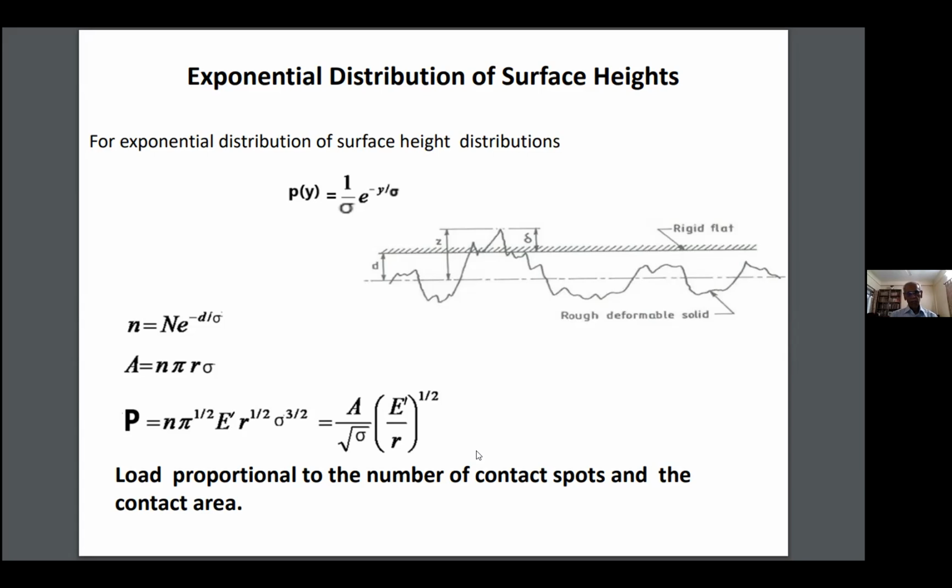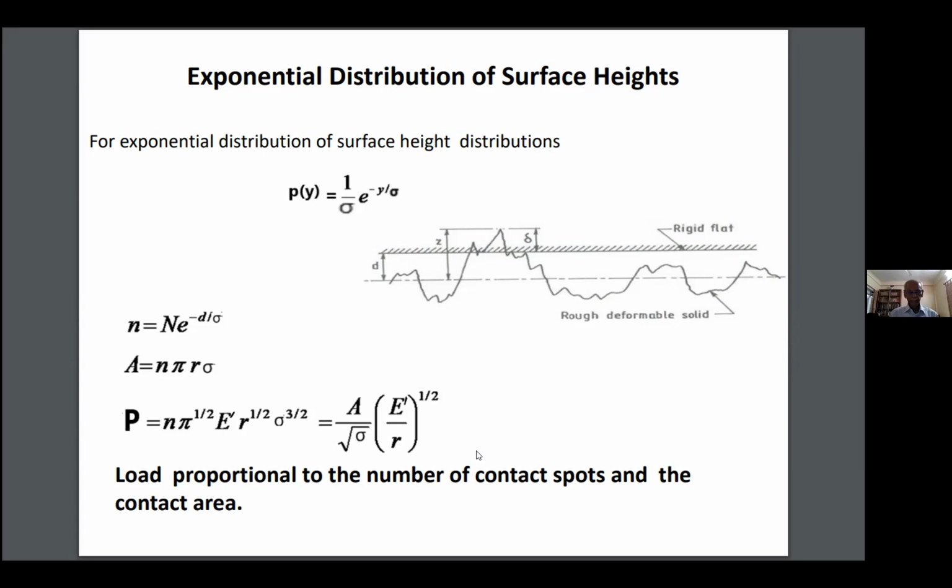Pz or Py is a distribution. Now, what is this distribution with reference to an engineering surface? With regard to engineering surfaces, normally they are taken as Gaussian distribution, depending on how they're machined. If they are machined by grinding wheel, then they are usually random rough surface. Otherwise, it will be sinusoidal